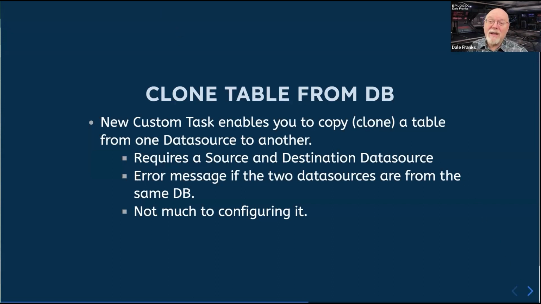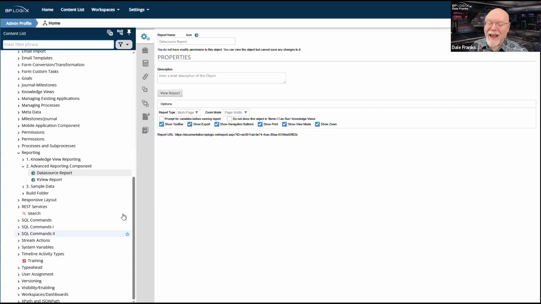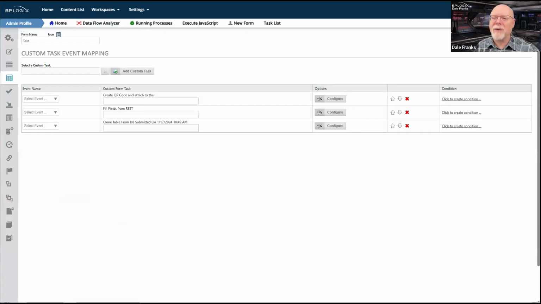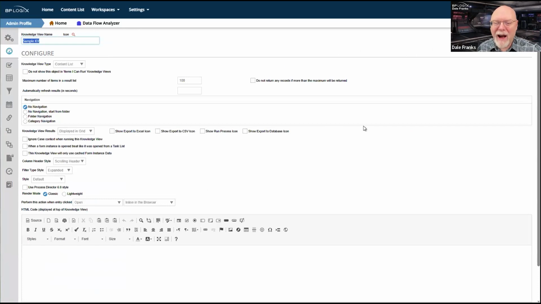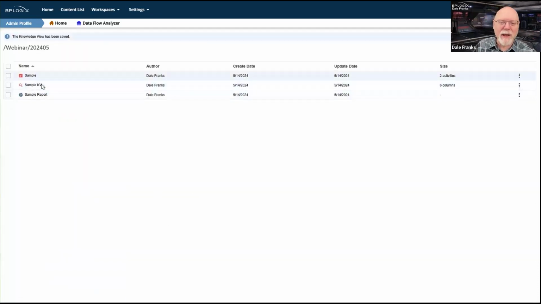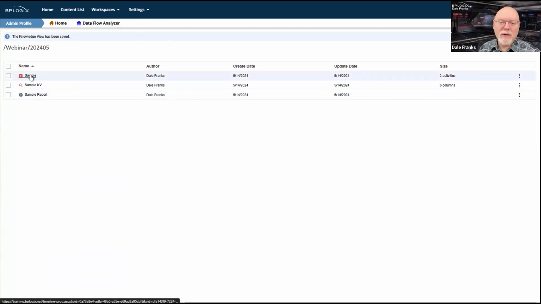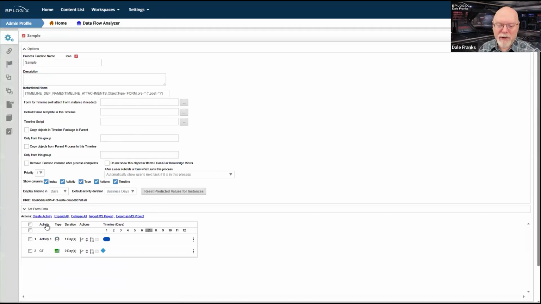Configuration is not that hard for this. Let's hit close here. What server am I on? I'm on documentation. That's the wrong server. That's demo. I have to get to the right server to figure out where my sample is for this. And oh, I don't have a sample for it. Well, that's fine. Let's just use this. I should probably be able to do this here.